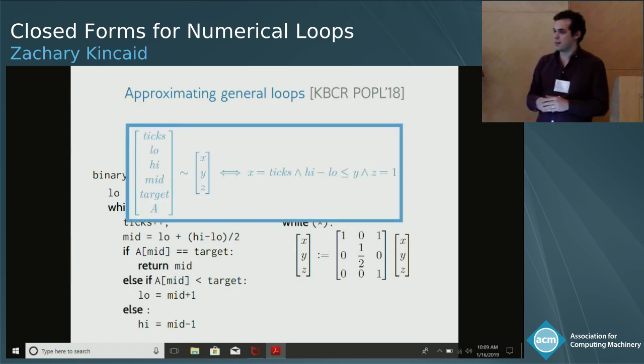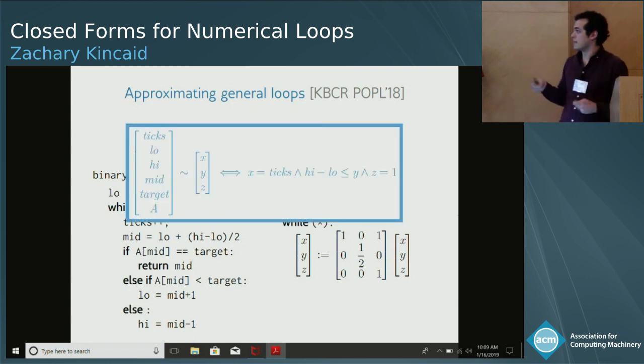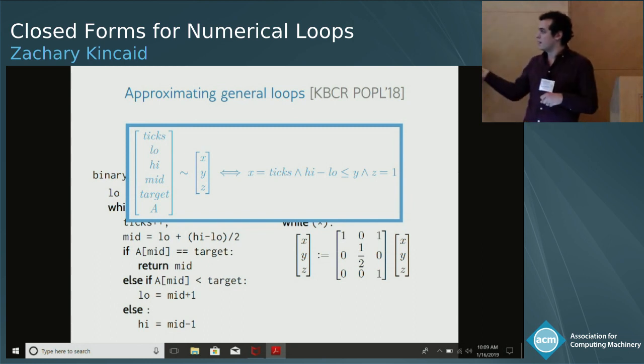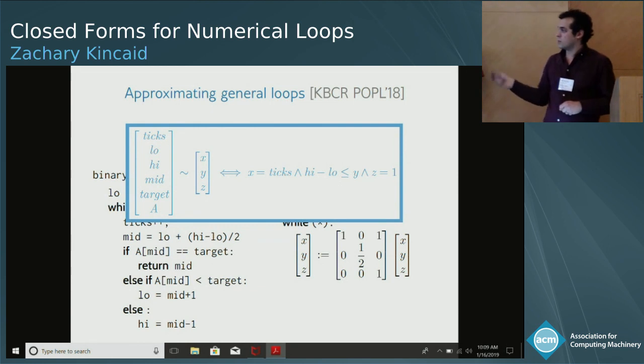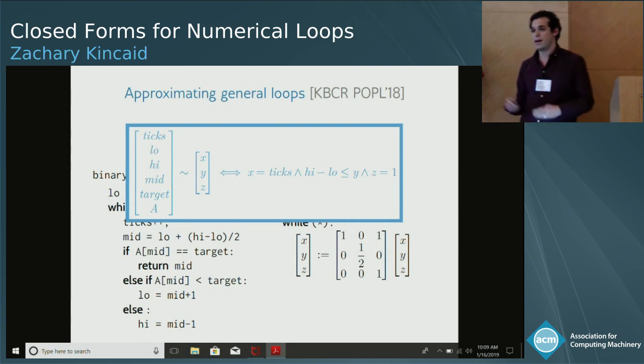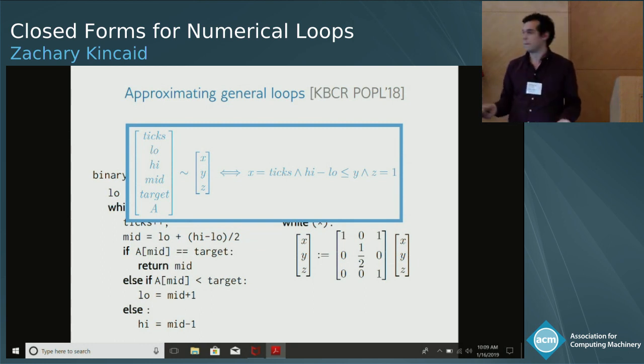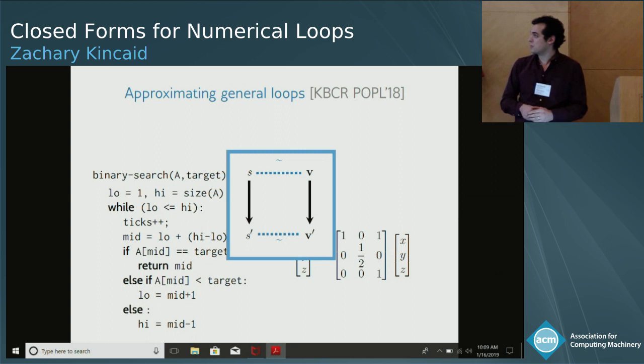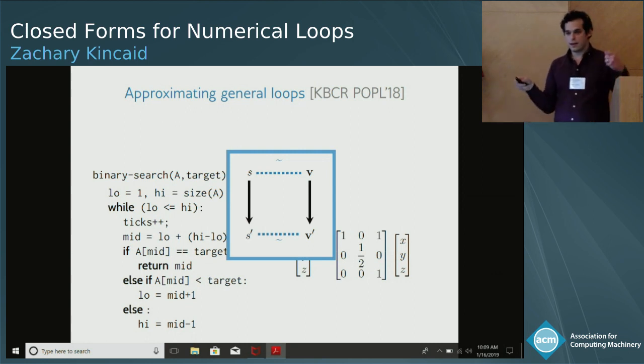So the way that it captures them is encapsulated by this simulation relation. So we say that a state of the original program is simulated by a state of the linear loop exactly when this x variable is equal to the x dimension, the y dimension is an upper bound on the difference between high and low, and the z dimension is exactly 1. Right, this is a simulation relation, which means that for every step that we make in binary search, there's